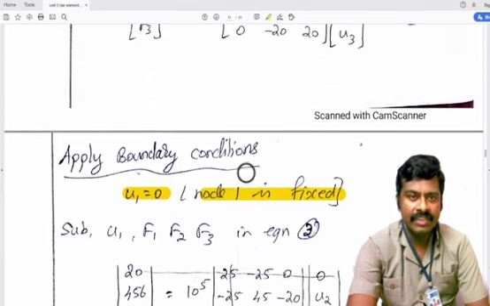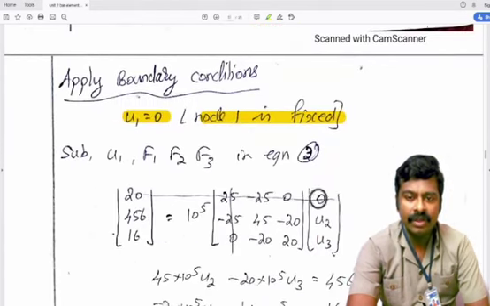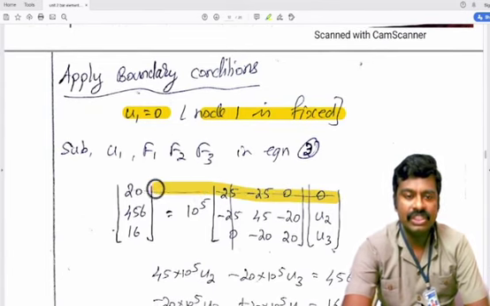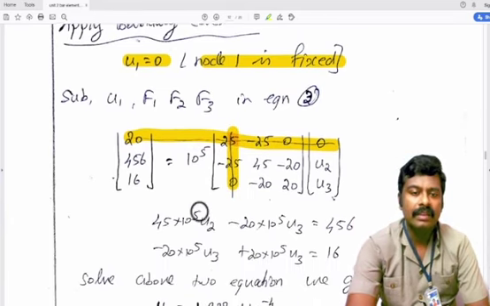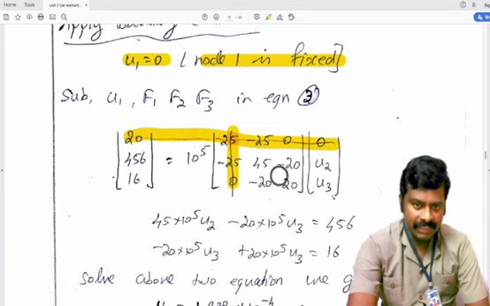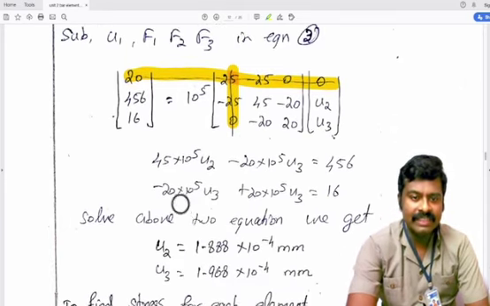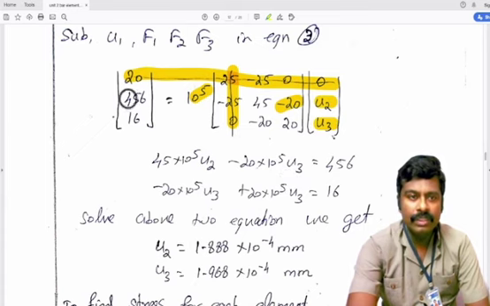And global equation. Substitute the F1, F2 values in the global equation and substitute U1 value equal to 0, and U2, U3. So here U1 equal to 0. Therefore, strike out the first row and first column. And next step, transform this matrix form into simultaneous equation form. That is 45 into 10 raised to 5 into U2 minus 20 into 10 raised to 5 U3 equal to